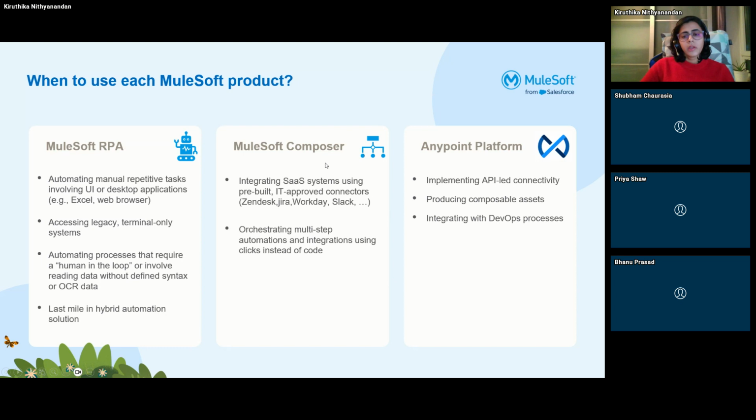MuleSoft Composer is very useful for automating cloud-based software as a service systems, which are available as pre-built connectors in Composer. Right now, Composer has a lot of connectors, including Zendesk, Workday, Slack, Teams, Gmail, Stripe, NetSuite, Salesforce, MuleSoft RPA, etc. And the number of connectors also keeps growing every day. So if the integration you want to build involves one of these connectors,